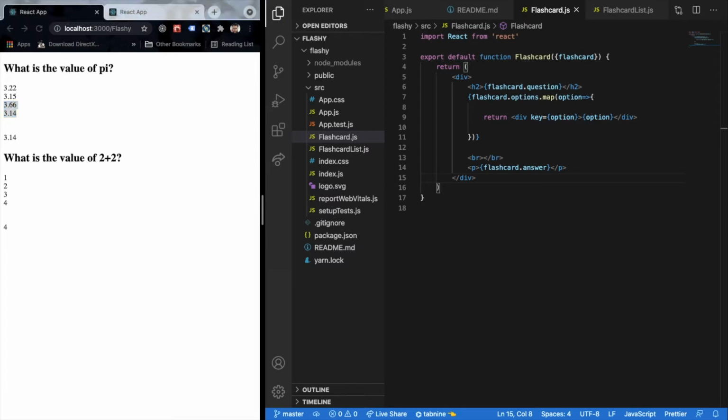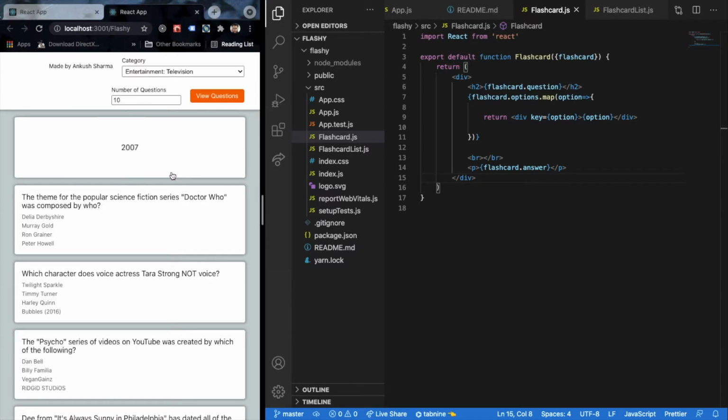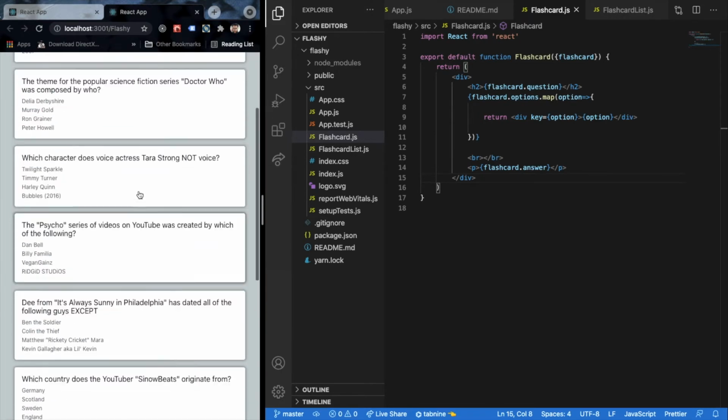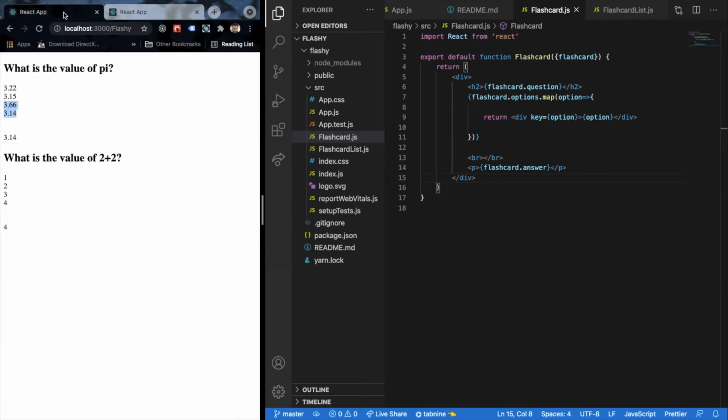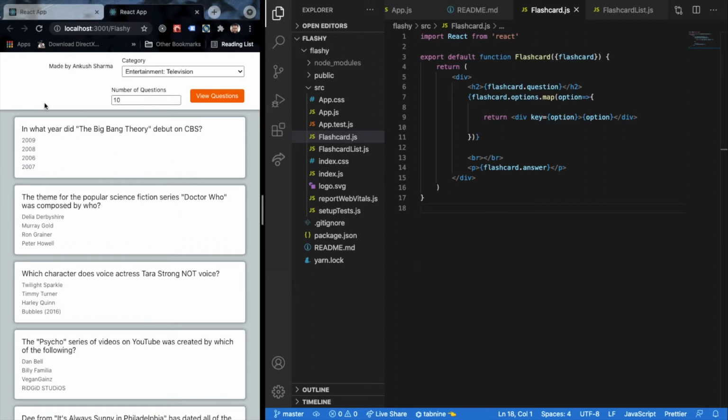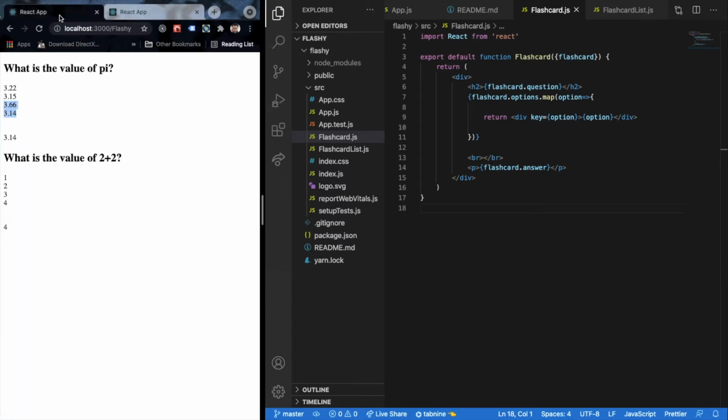How do we make that sort of flip animation, and how do we make this in the form of a card? So what I'm going to do is include some CSS so that I'll be able to create certain such styles, and basically do what I want. The first thing that I like to do is change the color of my body so that it looks more like this off-white or grayish sort of color.